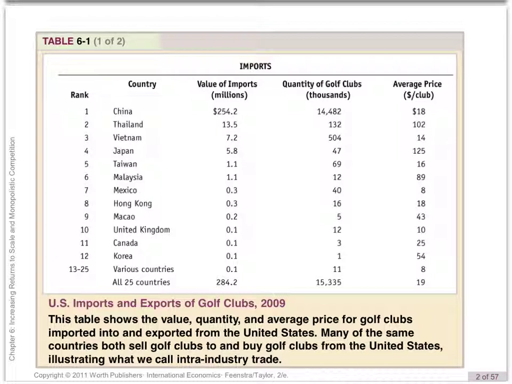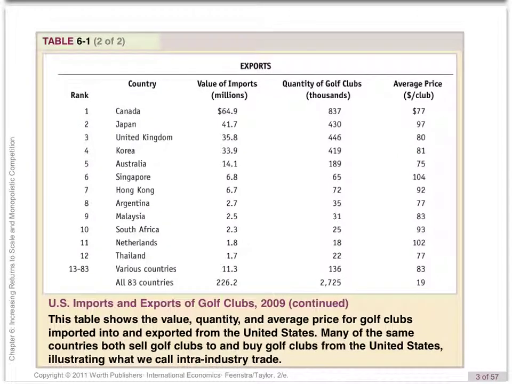So this chapter starts with this kind of data. This is U.S. imports of golf clubs. Okay? So the U.S. imports golf clubs from China, Thailand, Vietnam, many different countries. So this is what they import from foreign countries. But if we look at